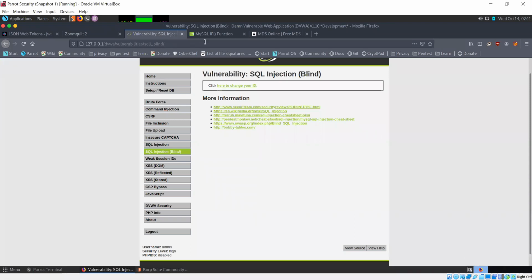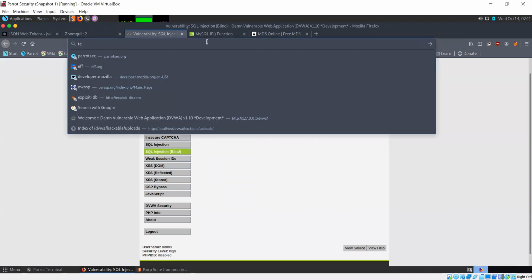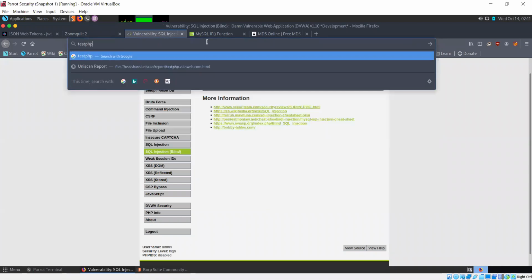Okay, there is this website called testphp.vulnweb.com.